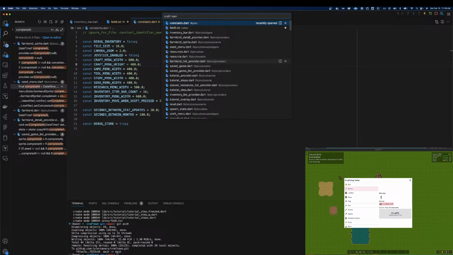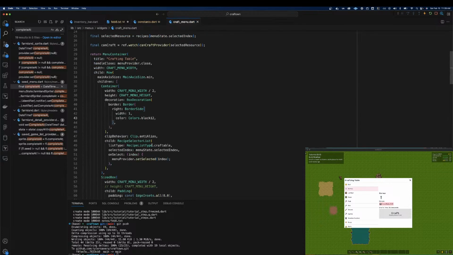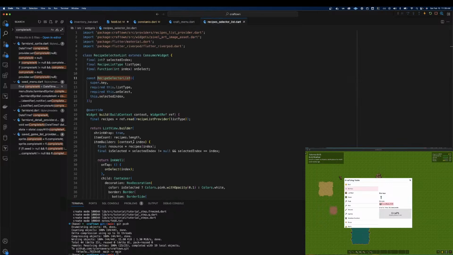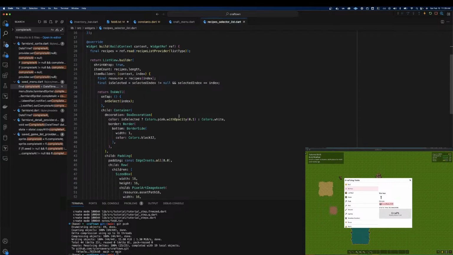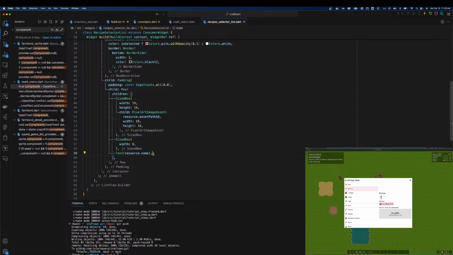So craft menu. So let's see. We have our recipe selector list. So wherever we have our, so this is the text for the resource name. Is this already in a row? It is. So then let's just add another size box. Maybe a little bit less. And then we can have